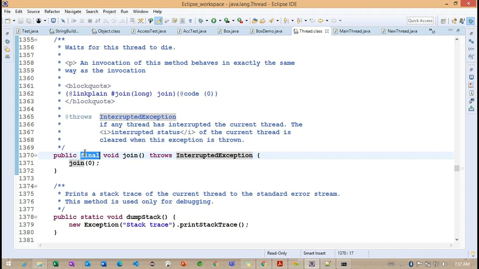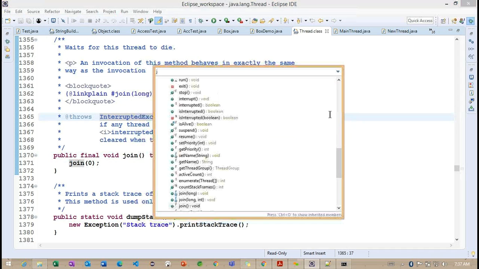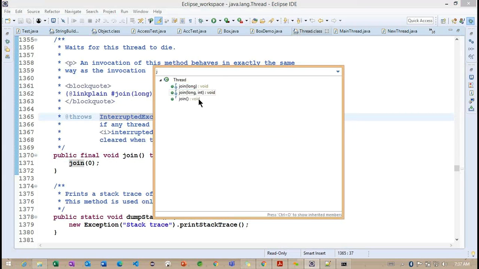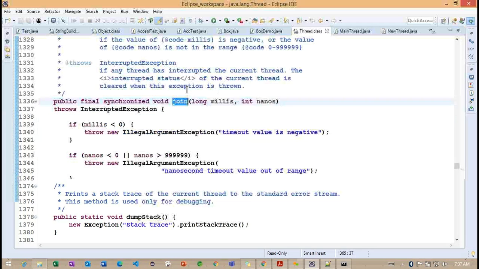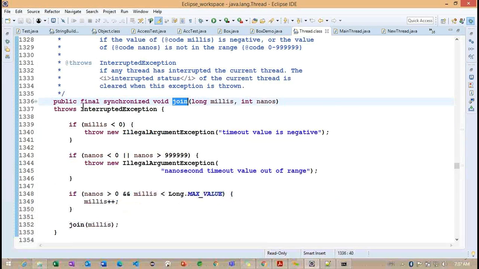On top of the methods also. Yes, tell me. If we define with the final keyword, we cannot overload this method. Overload or override? Yes, sorry, override in another class. Okay. So we just understood that join is already overloaded in the same class here, but all the methods are final. Now we'll see the synchronization.